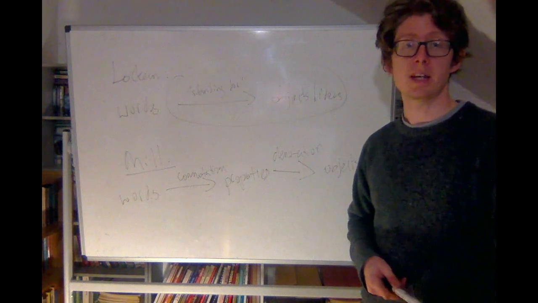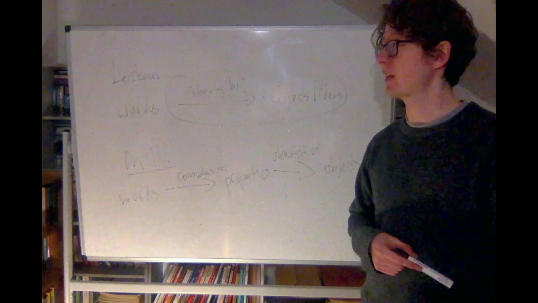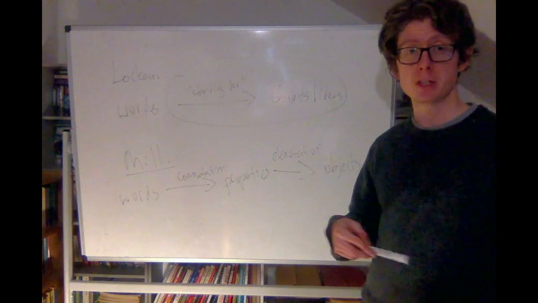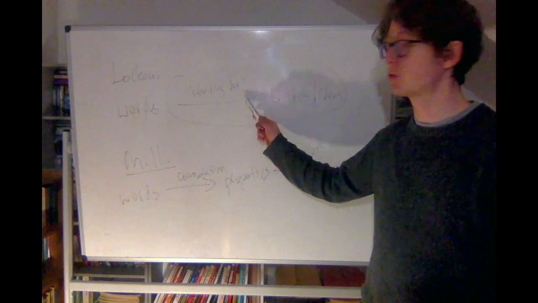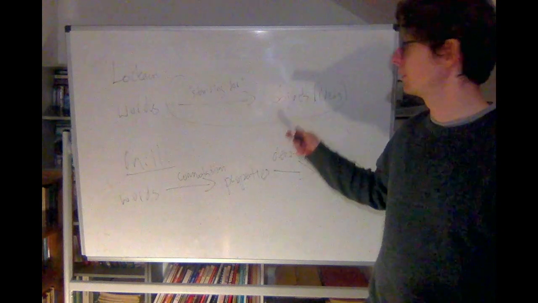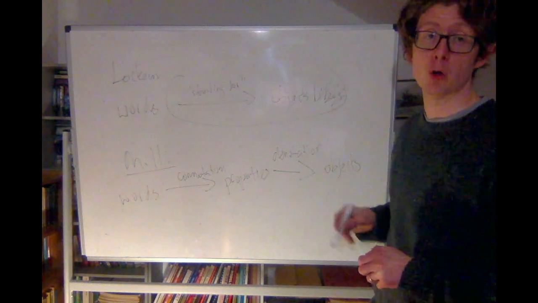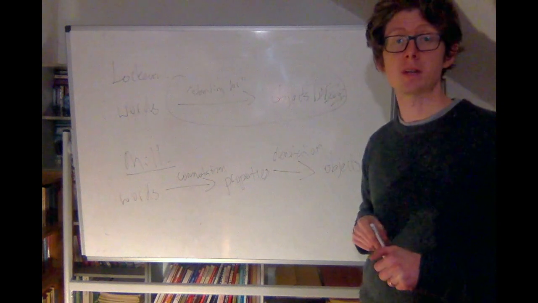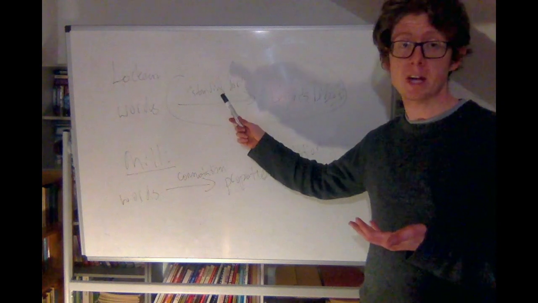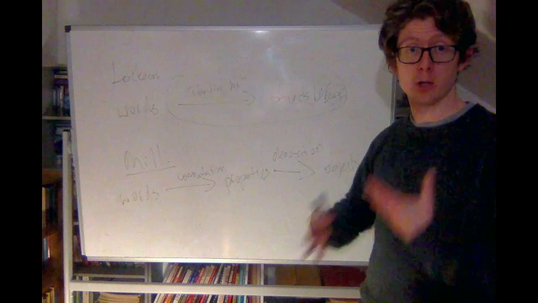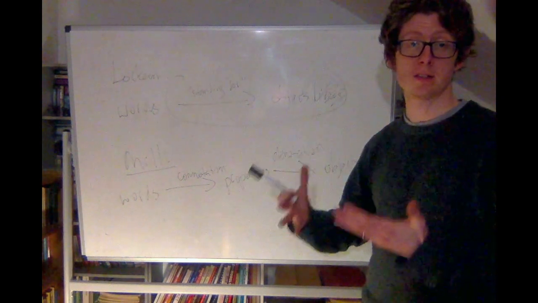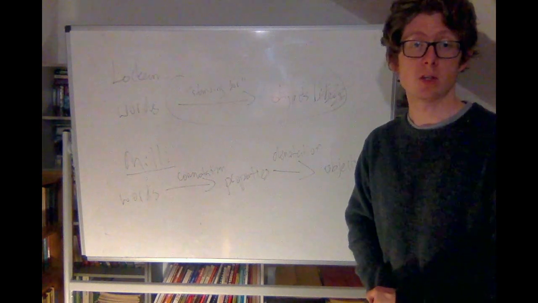But more recently, starting with Kripke in the 60s and 70s, things have gone very much in the opposite direction, and philosophers have drifted back towards something like the Lockean picture. They've thrown out the idea that words stand for ideas, but they tend to think that Locke was actually right, that the only ingredient in meaning is really this standing for relation, and that there's nothing more going on.